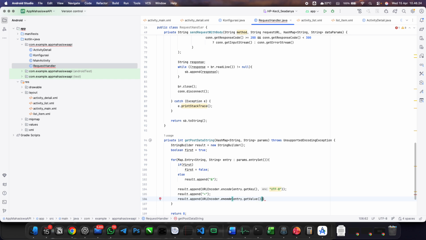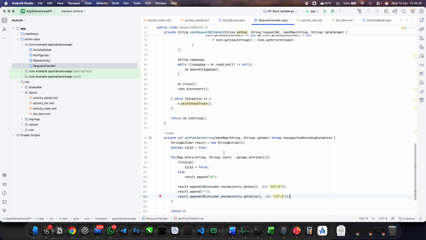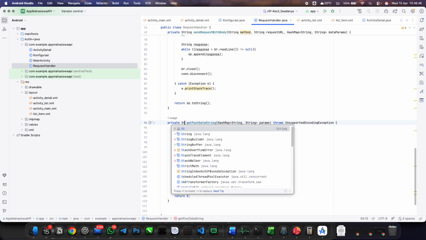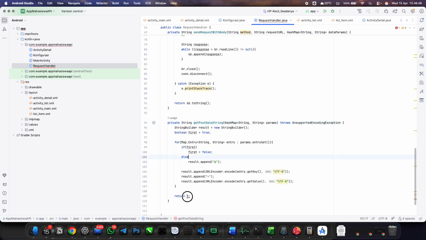The encoding will be UTF-8, like this, and we are returning. Wait a minute, we are trying to build a string while we are using the integer. It will be string. Okay, what are we going to return?